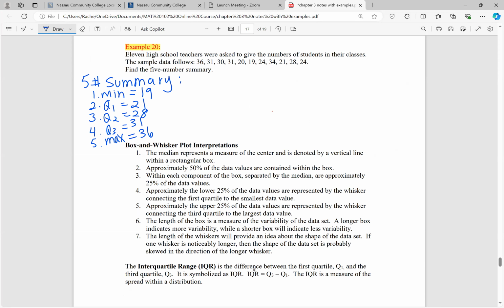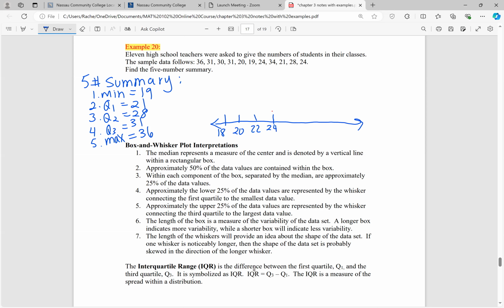And I left some room because we might as well create a box and whisker plot too, just to practice. So remember what I showed you in the previous lecture. I showed you guys to create a horizontal axis, and you have to make sure it covers the minimum through the maximum. So my minimum is 19, the maximum is 36, so we have to at least go from 19 to 36. So I'm thinking maybe let's start at 18, and then I could count in 2s all the way up to 36. So we have 18, 20,